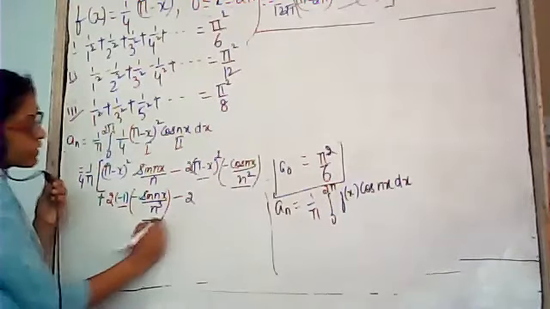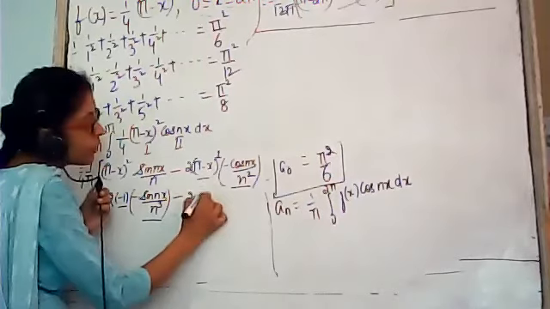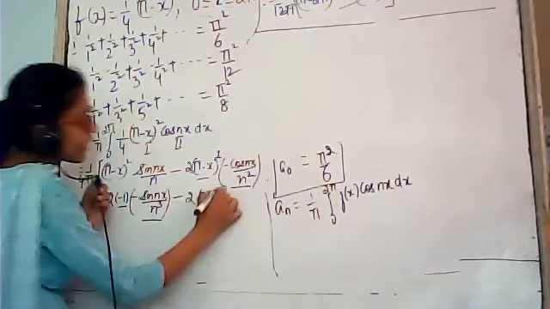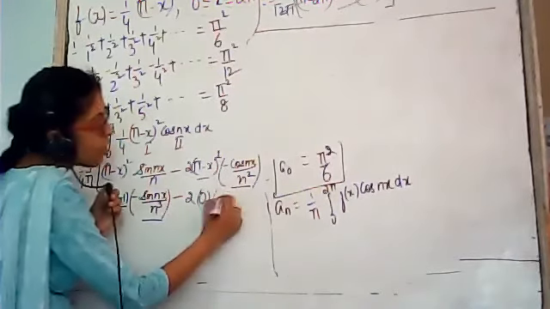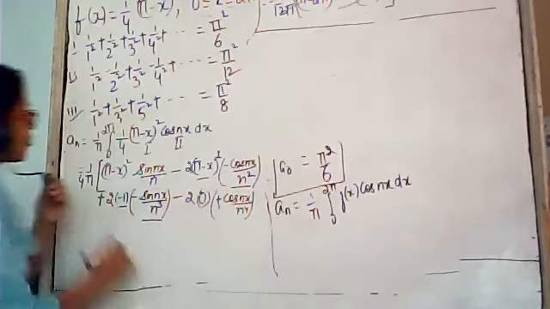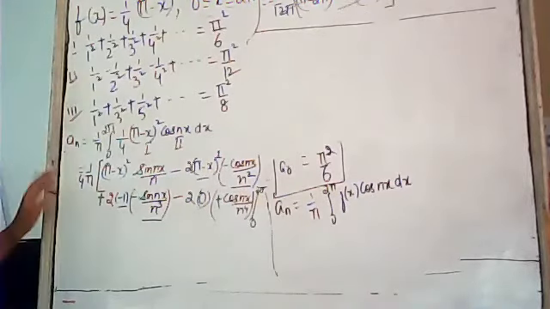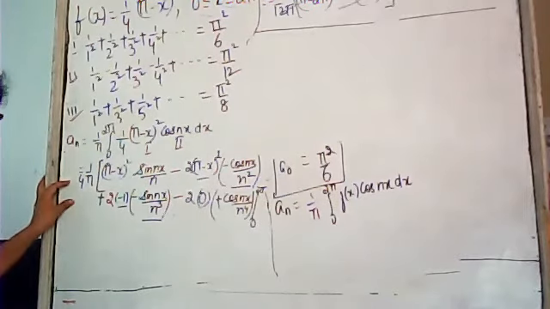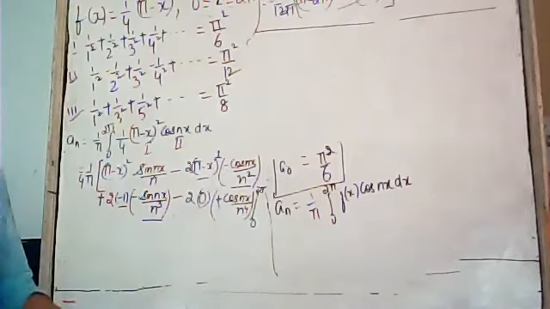Now this is the first function and this is the second function. The first function is constant, it is minus 1. If we differentiate minus 1, it will become 0. And integrate the second function. This minus sign will remain as it is. Integration of sin x is minus cos x, so it will become positive: cos nx upon n raised to the power 4. And the limits of integration are from 0 to 2 pi. Is this step clear to all of you? Yes, ma'am. If there is any doubt, you can ask freely, because as we move forward, this step will repeat again and again.